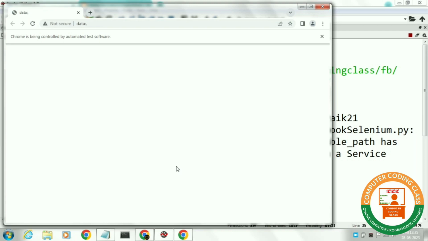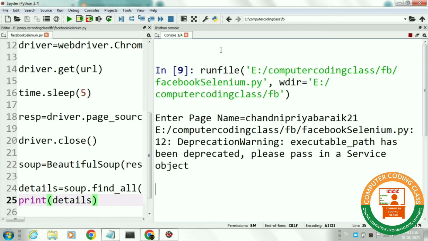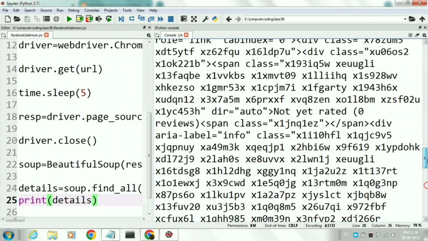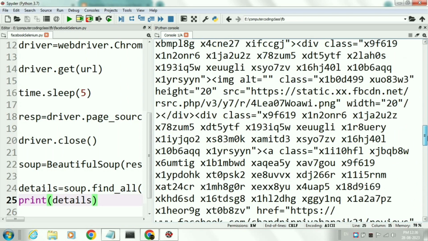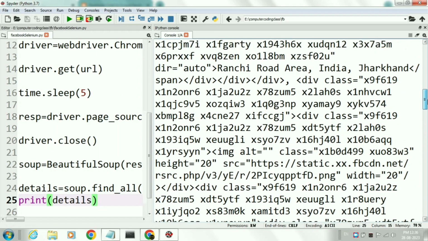Next, the Chrome automated system will load our Facebook page and scrape the page source code. There is no need of any login here. It is showing the Facebook page for some seconds. After some seconds, Chrome will disappear and show the output.